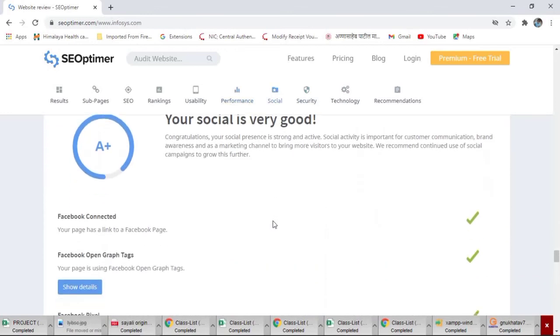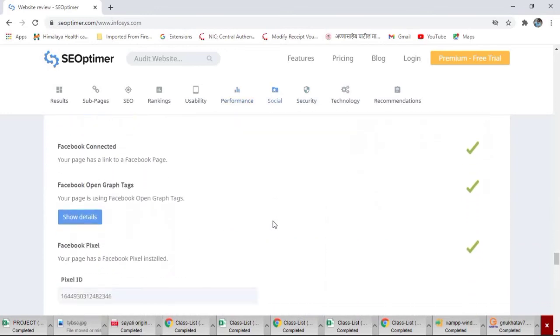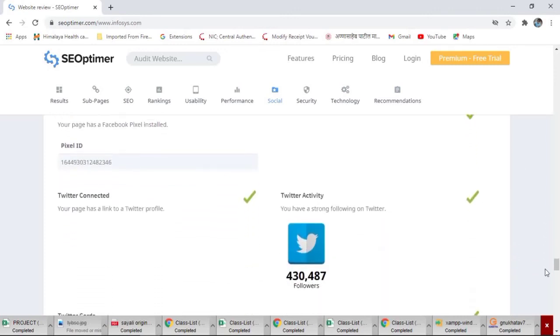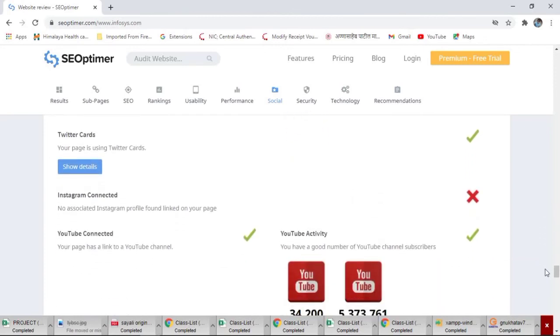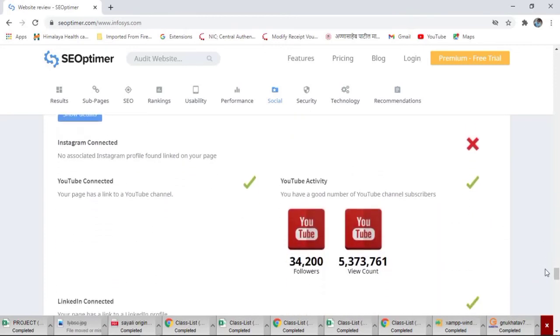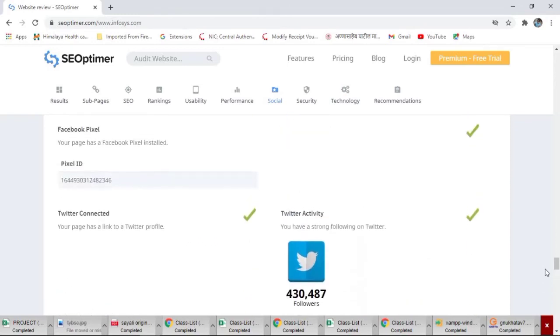See, your social is very good. Facebook is connected. After that, Twitter is connected. Then Instagram is not connected and YouTube is connected.